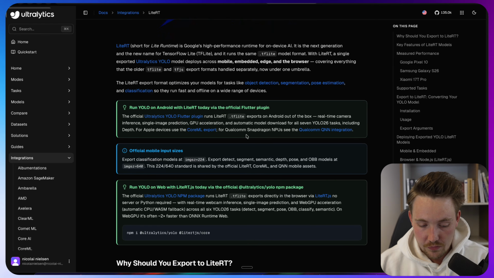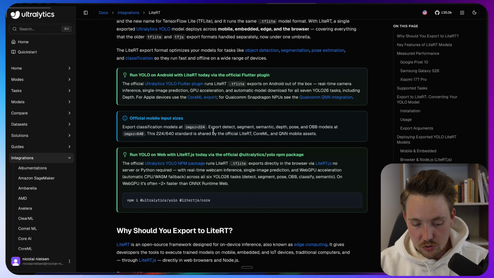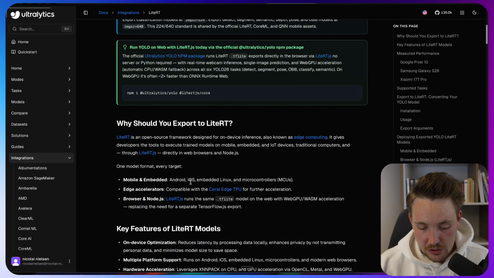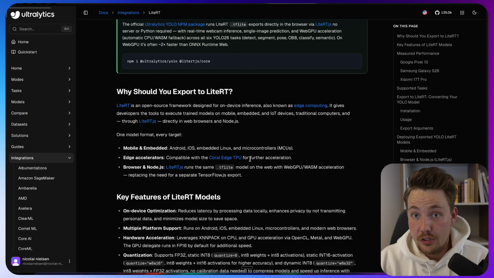Again, we have videos covering all the details about the optimized frameworks, what they are, and all the theory behind them, so make sure to check those out. You can see some official facts here about why you should use LiteRT. I pretty much already went over that: it's just for optimizing the model so it can run faster and more efficiently on specific hardware,